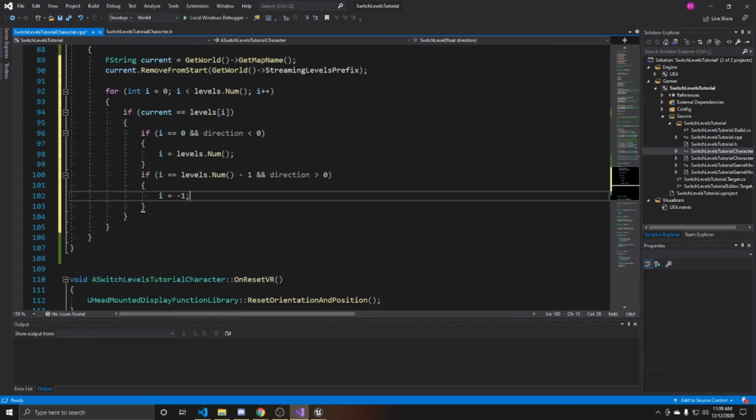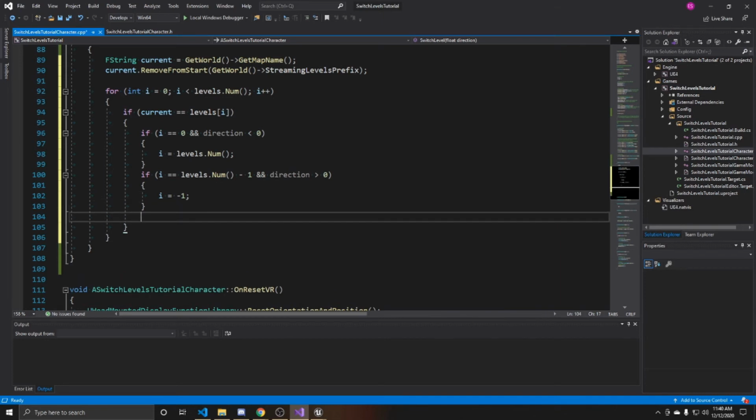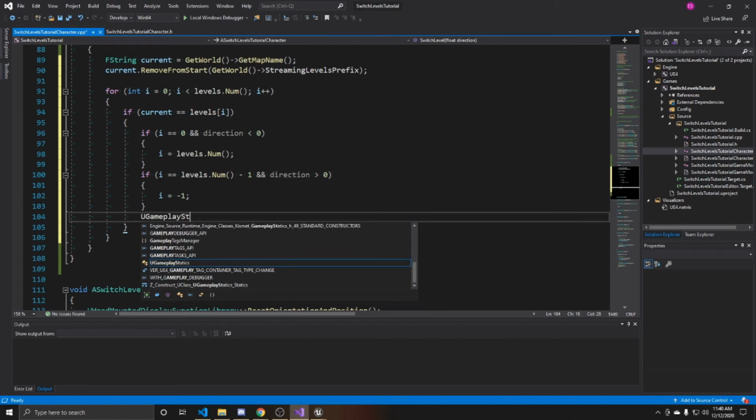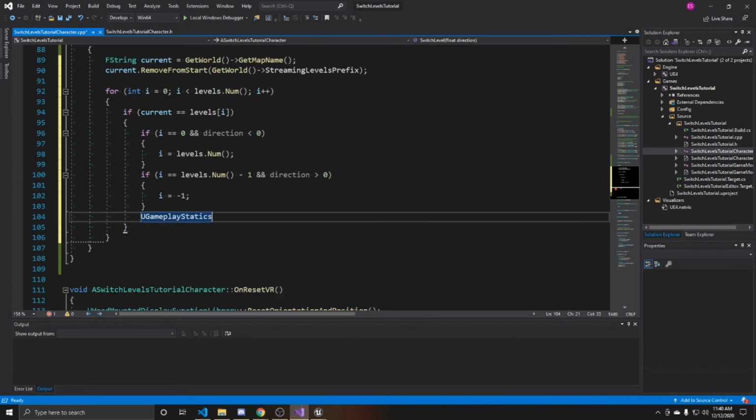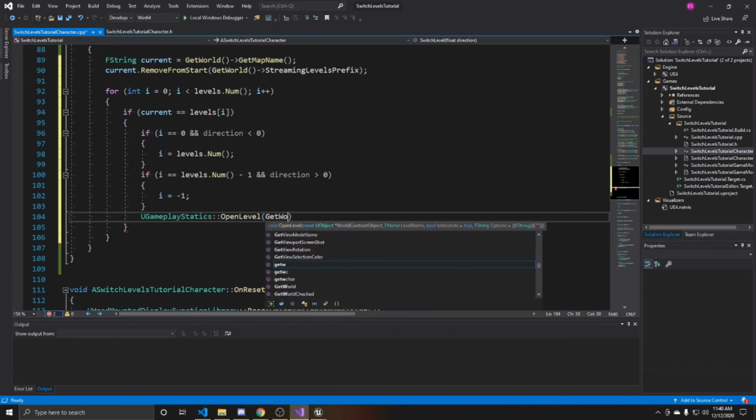And again, if you're not wanting your player to wrap around, you can just put another break inside here, and then they'll only be able to go in the negative direction when they're at their final element. And now we can go ahead and open our level, and the way we do that is through gameplay statics, OpenLevel. The first argument is the world, so we're going to do get world,